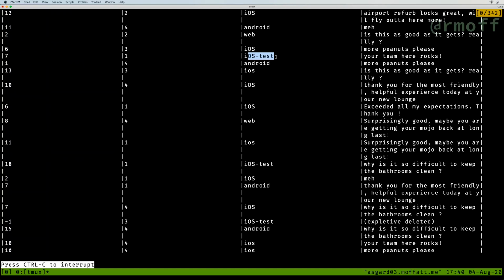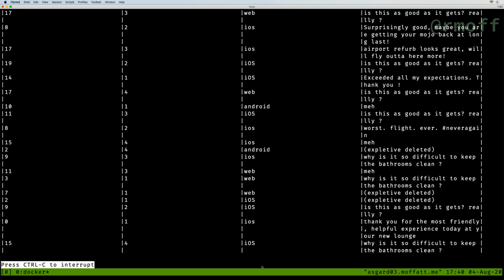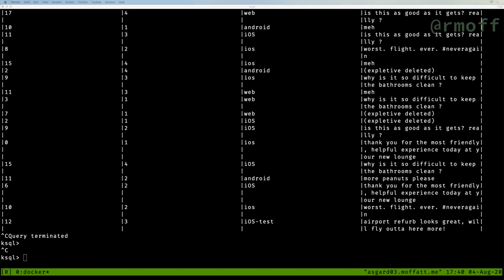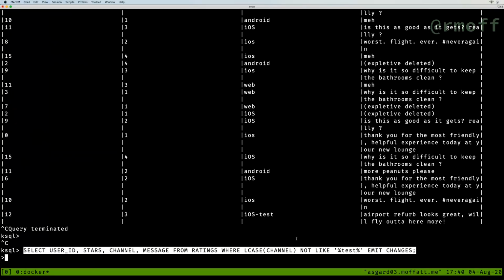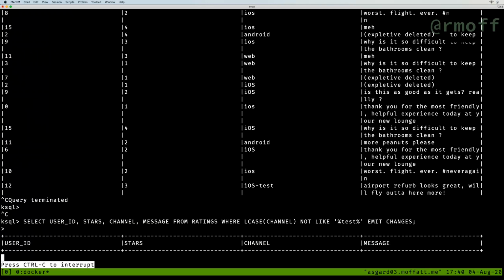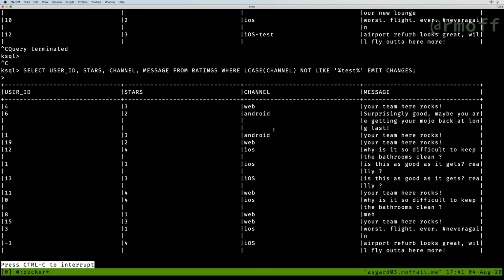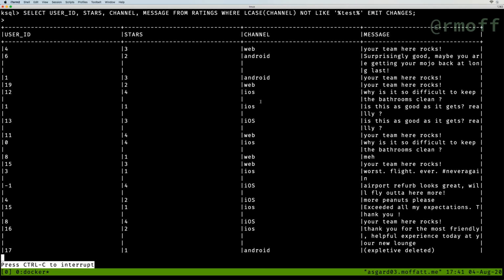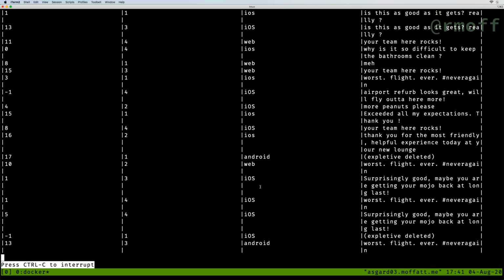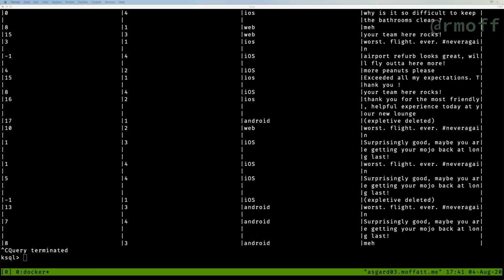So this is a good example of where we can use stream processing, not for big, fancy, complex stuff, but just stream processing to actually modify the data and cleanse the data as it passes through the pipeline. Because we can do this: take the data from that particular stream and apply a function to it, or a predicate, where the channel forced to lowercase is not matching this particular wildcard pattern. Select all of the messages from here where we don't have test as part of the channel name. So now we just have the production data, the data that's not coming from a channel with test in its name. And we can echo it out to the screen, which is moderately interesting,